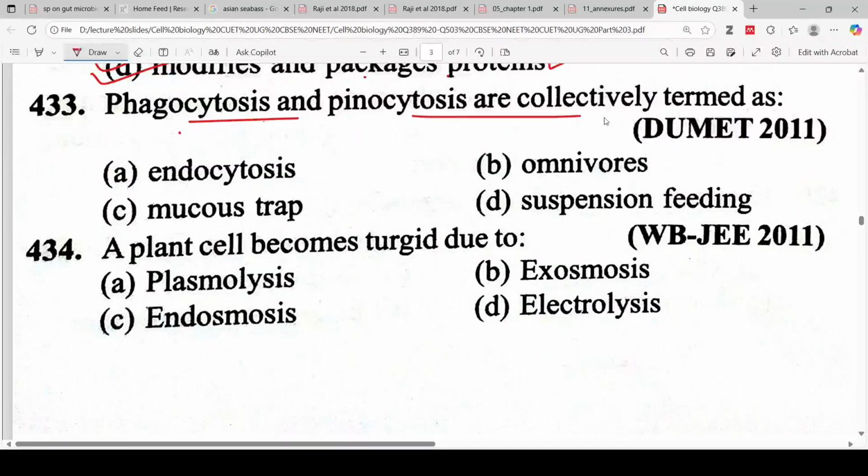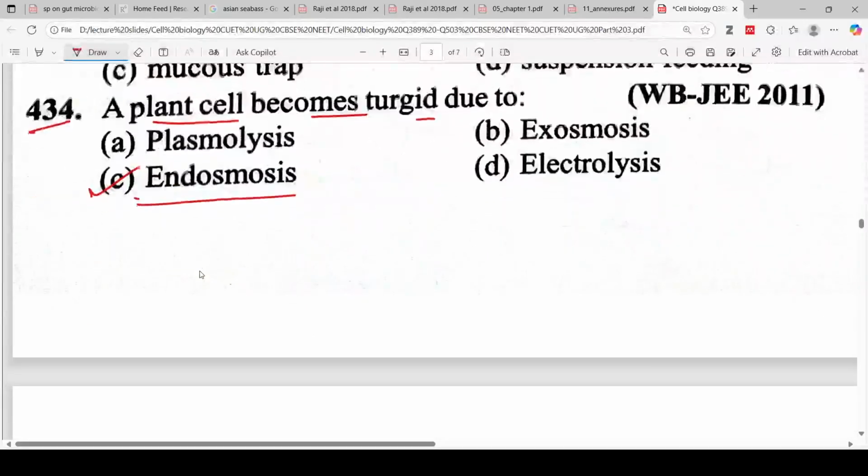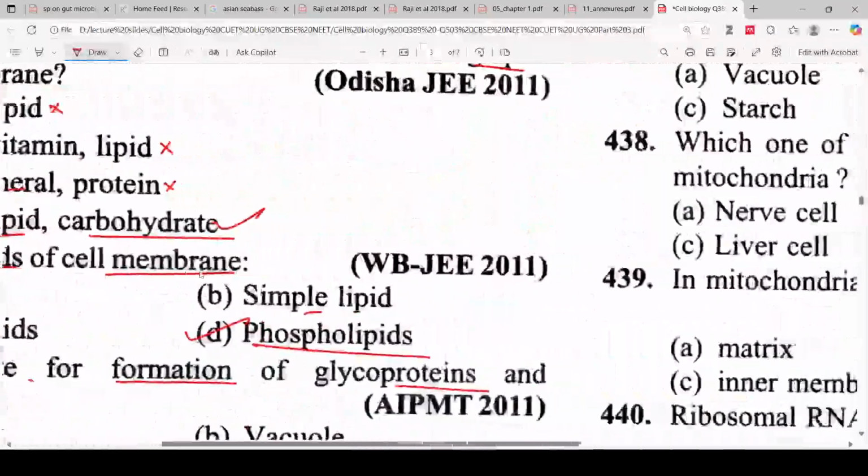Phagocytosis and pinocytosis are collectively called endocytosis. And question number 434, a plant cell becomes turgid due to endoosmosis. So the correct answer is endoosmosis. So the next question,